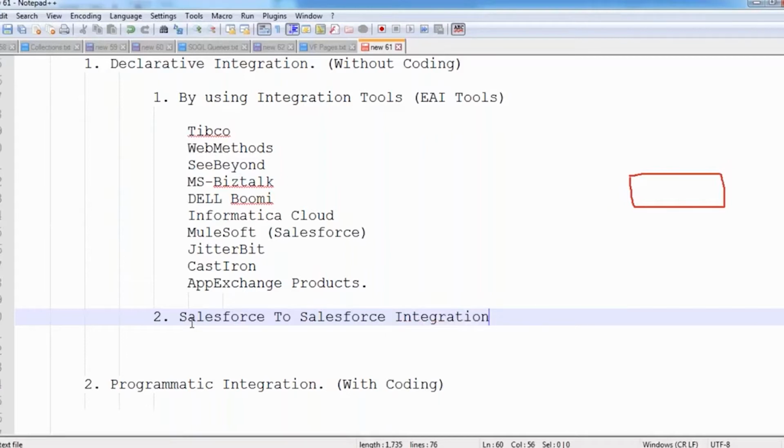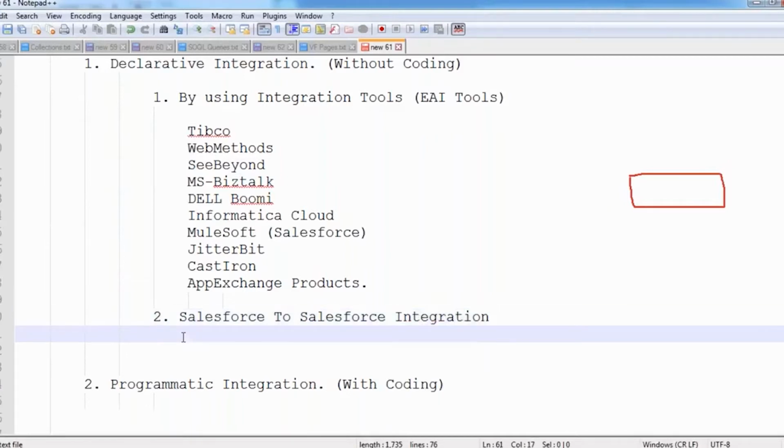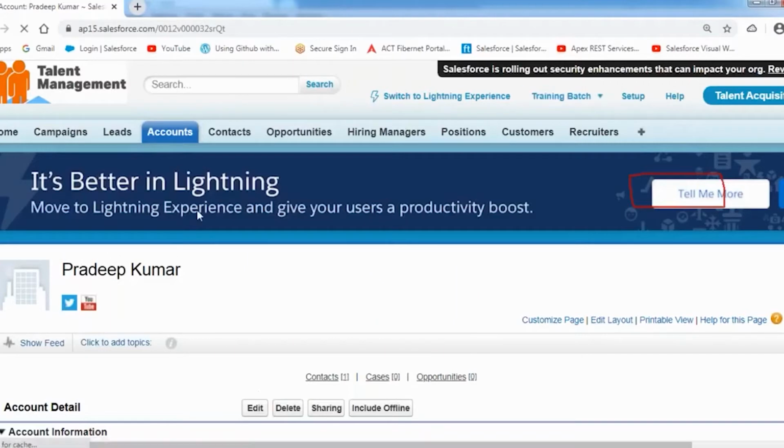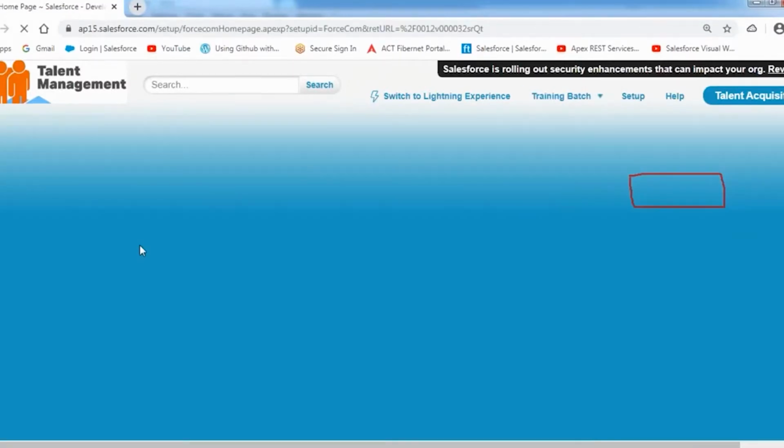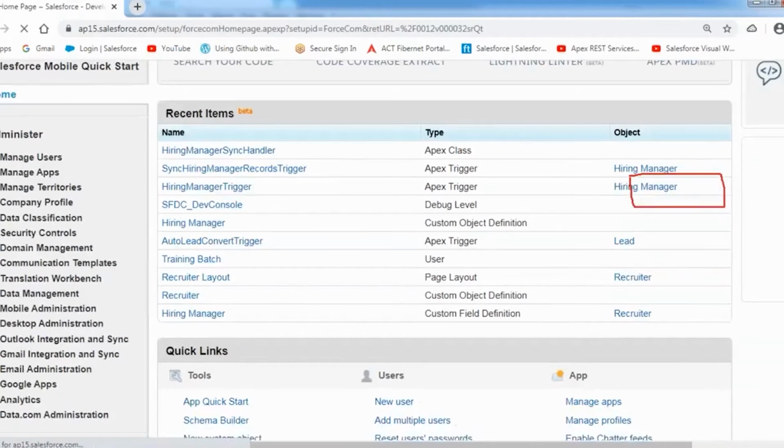It is an inbuilt feature of Salesforce. We no need to install anything. It's not an App Exchange product. It's a ready-made feature given by Salesforce as part of your organization. Let me show you. When you go to your Salesforce organization, here we are having a feature called Salesforce